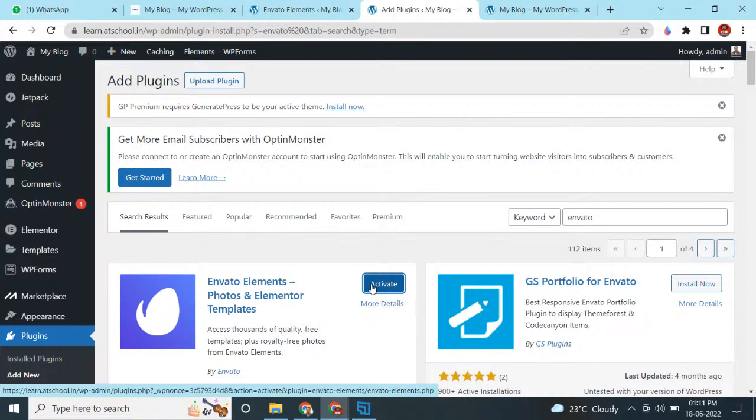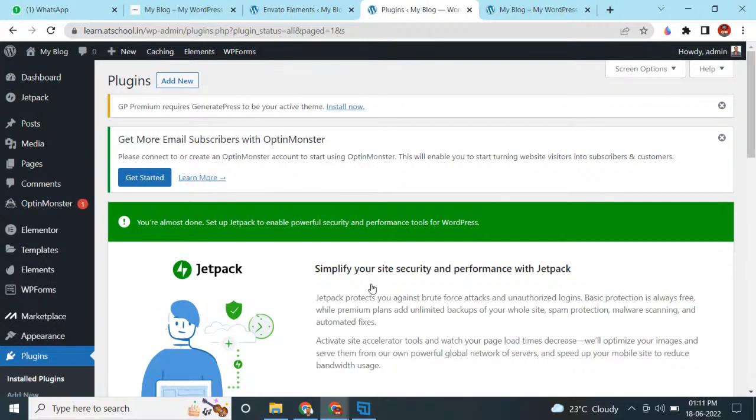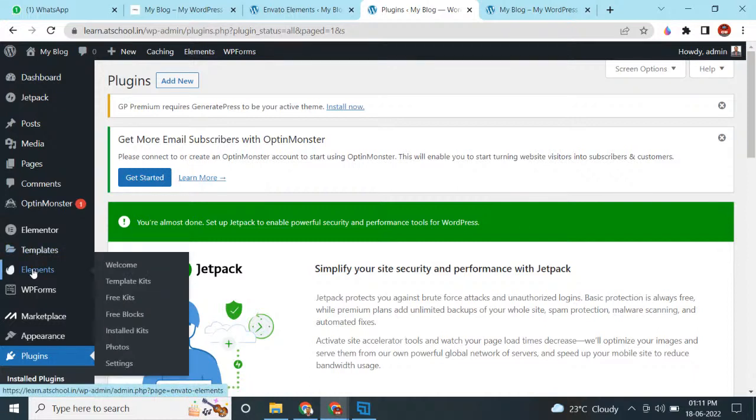So this is the option right here. Click on this activate button, and this Envato symbol is appearing right here, this element, and here you can check the welcome message. When you click on the welcome, you will find Envato Elements WordPress plugin welcome appearing over there, and in this you need to install some template kits. Okay,